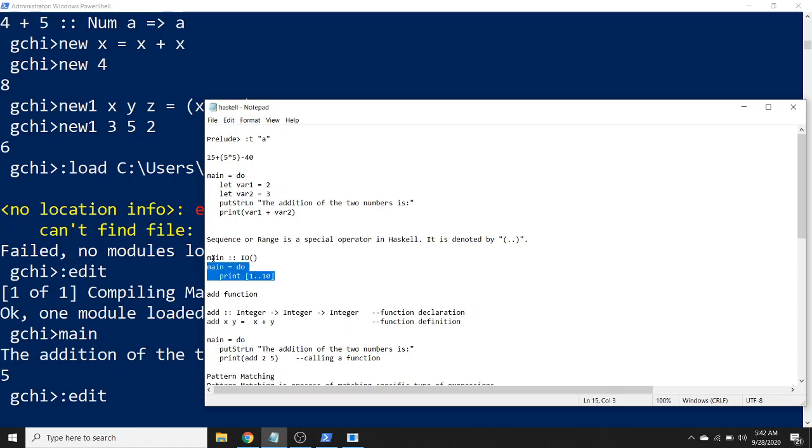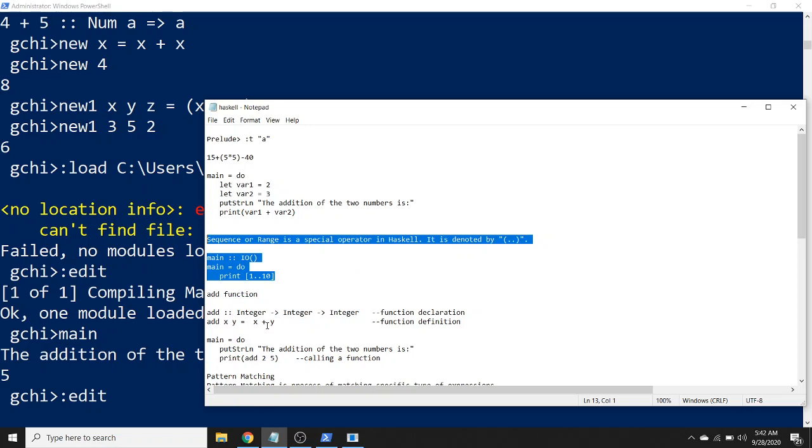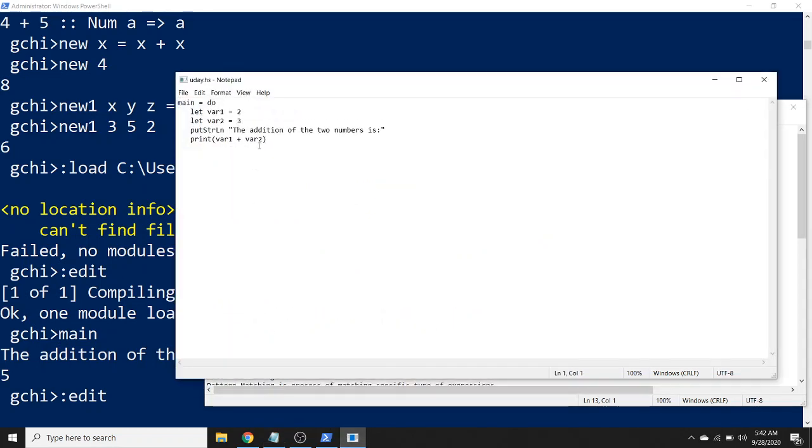Next, let me show you another example, right? In the same file script I'm going to use another program, right? So this is a sequence operator, how to use the sequence operator in Haskell, right? This sequence operator is denoted by dot dot, right?